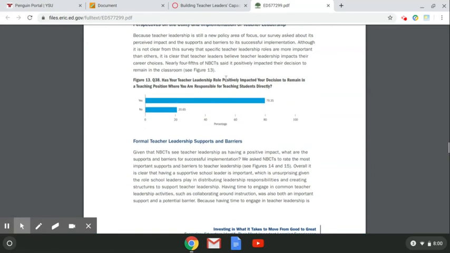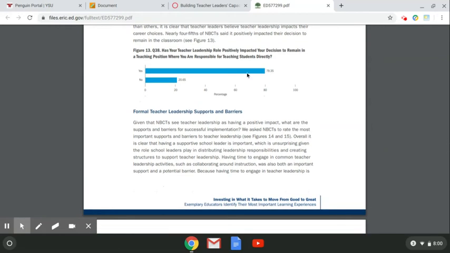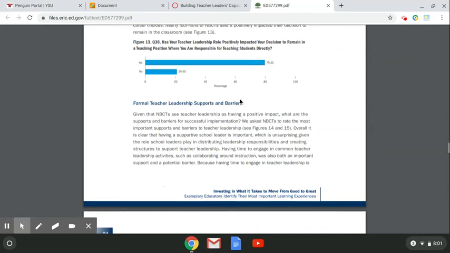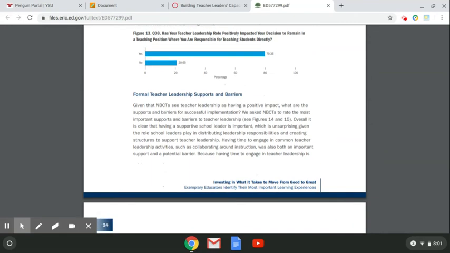And this sort of cuts into my research study that I did for my dissertation, which was teacher leadership and the effects on job satisfaction and teacher retention. So I was interested in looking at, for people that held teacher leadership roles, whether it be formal or informal, were those teachers more likely to stay in their positions because of the things that they were able to enjoy about their teacher leadership role, whether it be the autonomy or just being able to lead outside of their classroom and having some kind of control over some things that maybe traditionally weren't necessarily within their grasp, or they didn't know that they could be within their grasp, right?